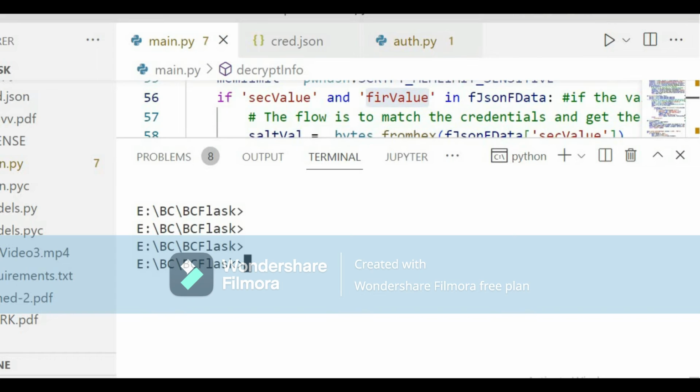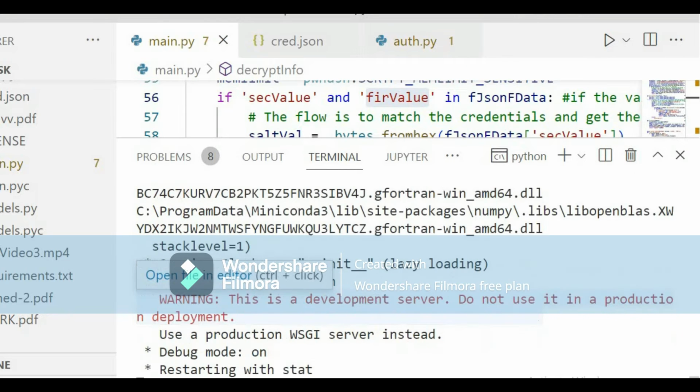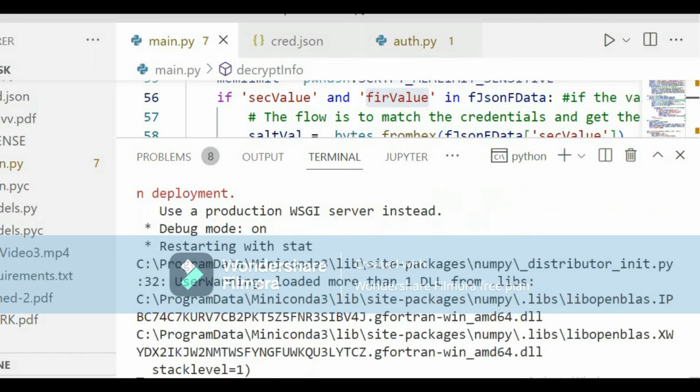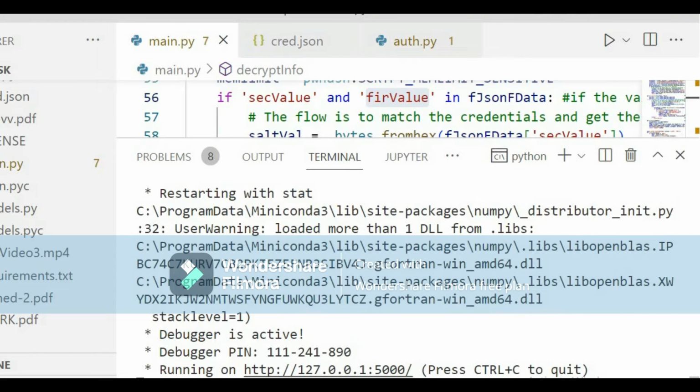Since I've just checked it, I'll first close the earlier localhost and then restart again. So I'll start my main.py like this. It might take some time. Yeah, see this. So my local server is now running at